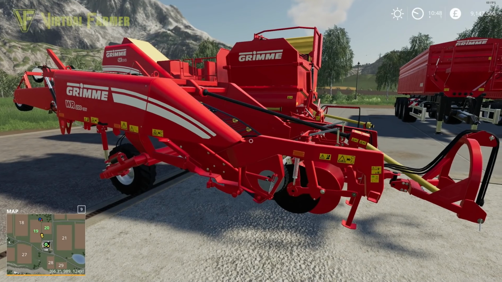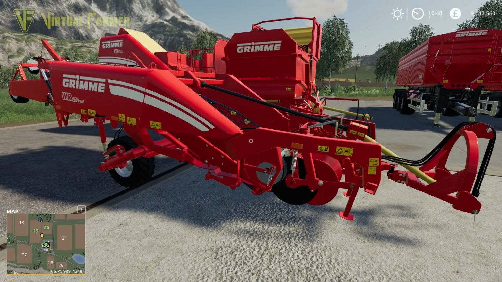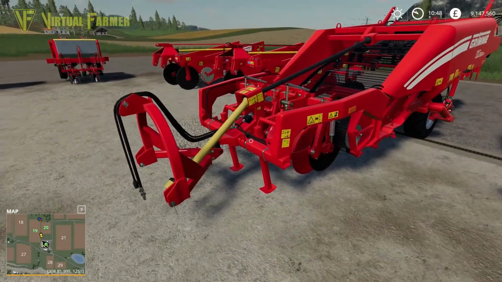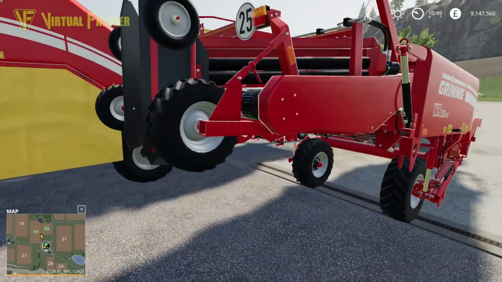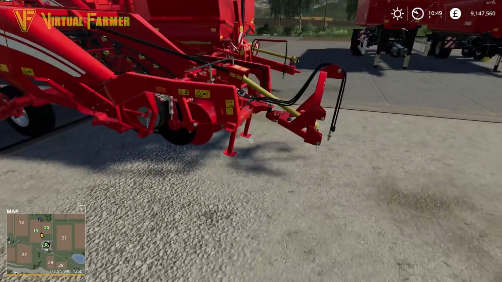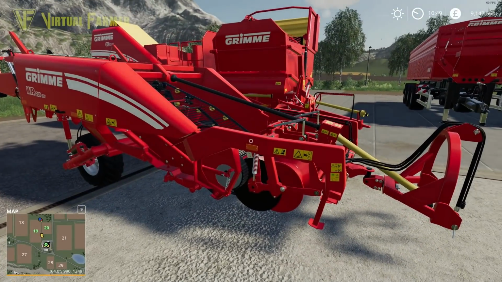The final windrowing harvester that we have in this pack is the Grimme WH200 CW. I really like this. This is my piece of equipment of choice, my row of choice from this pack. Really nice. It does 2 rows very nicely. I think in fact all of these probably do 2 rows, but it's just a really nice piece of kit,